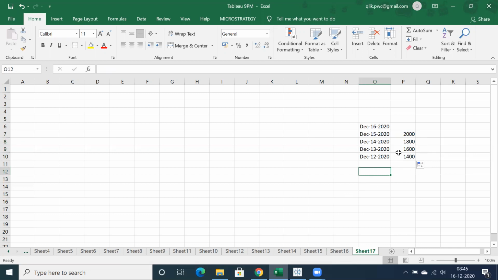Okay. So this is what the total sales happened for the last 4 days. This is a consolidated view. Let's say on December 12th, it's 1400. 13th, you can see 1600. 14th, you can see 1800. And 15th, you can see 2000. Okay. So this is today's date. I cannot say this is the data which is loaded because the complete day has not happened yet. Correct? You agree, right?